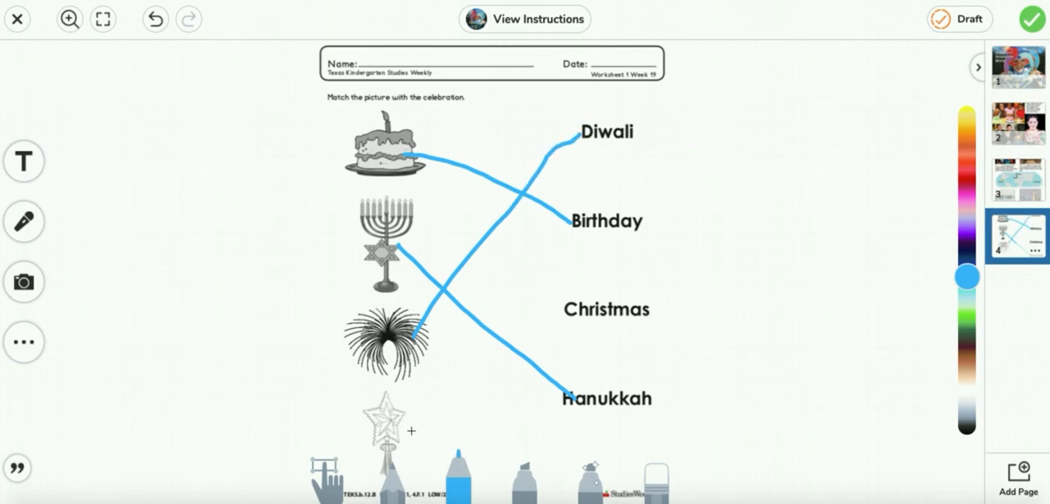Next we have a star. When do we use the star? And it looks like it's on a tree top. It matches with